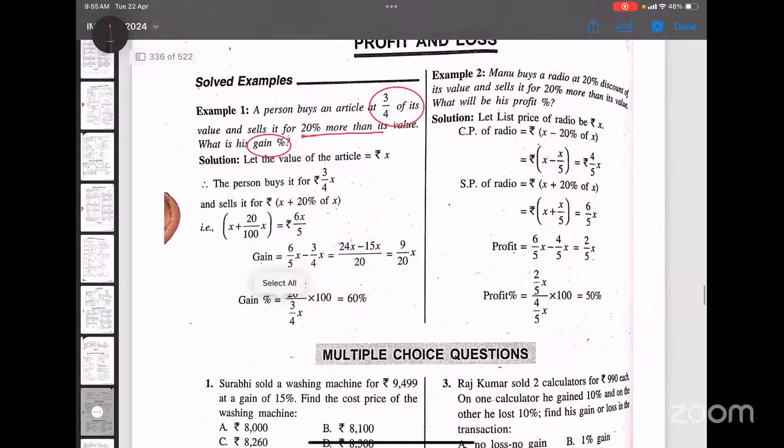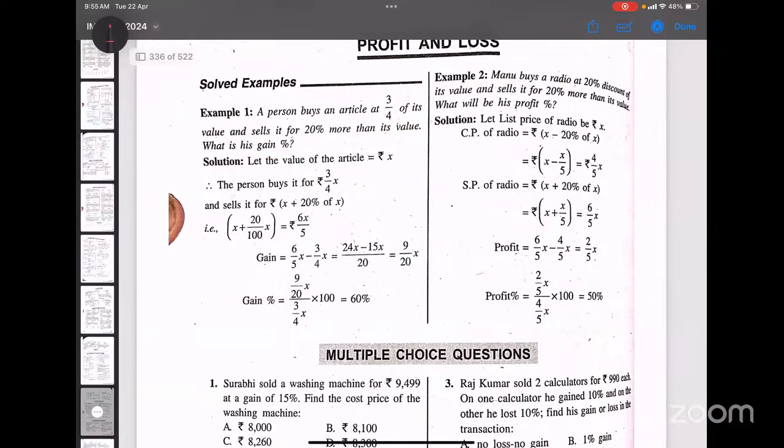So let's say the value of the article is X. The person buys it at 3/4 of its original value, which means I buy it at 3 by 4x, and I sell it at 20% more than its value. So this will be x plus 20% of x. Selling price will be x plus 20% of x, and if you simplify it, 20% of x will be 20x by 100. So overall it will be 6x